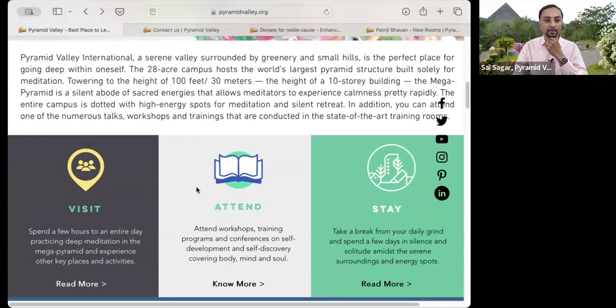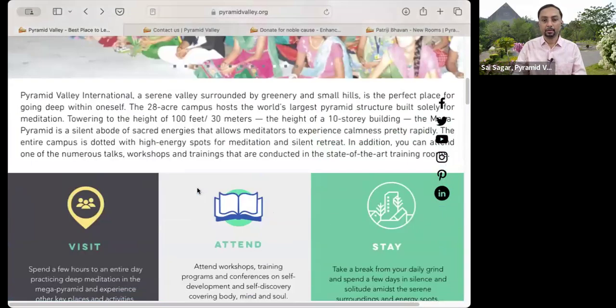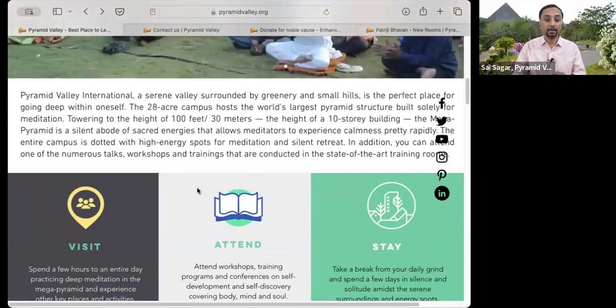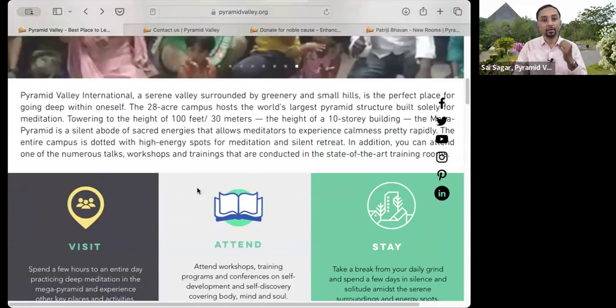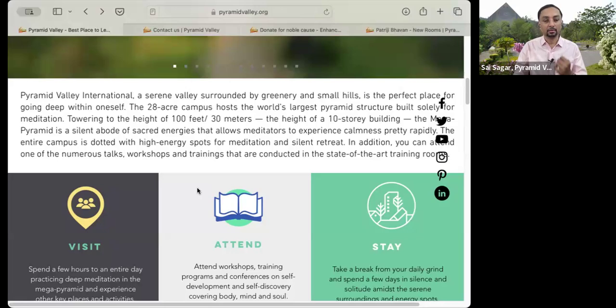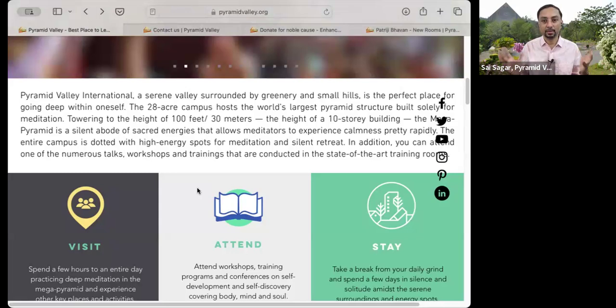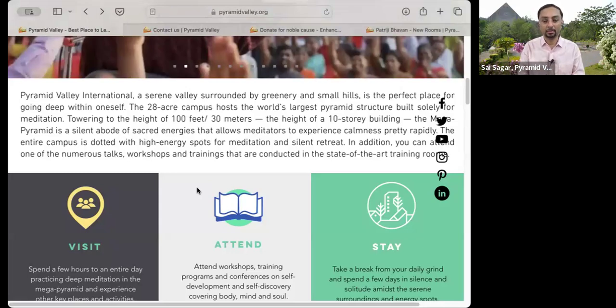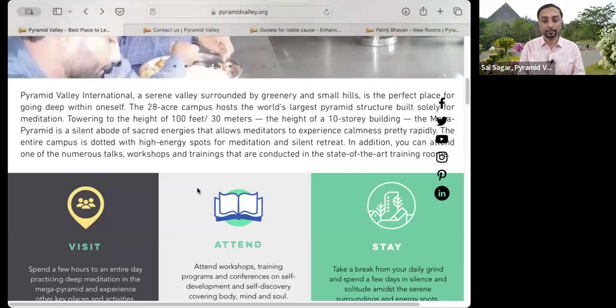It's a huge 160 by 160 feet pyramid. So people come here and do their sadhana. People who are confused, people who have health issues, they come here, stay for 3 weeks, 4 weeks, and 6 weeks, do their sadhana, everyday meditation. A lot of people practice mauna, silence as well. So silence in combination with meditation, especially in the nature outside as well as inside the pyramid, has transformed, I would say, lakhs of people over the last, I would say, 20 years.